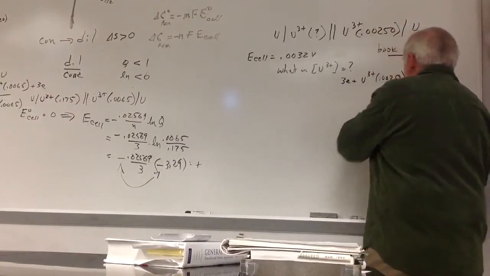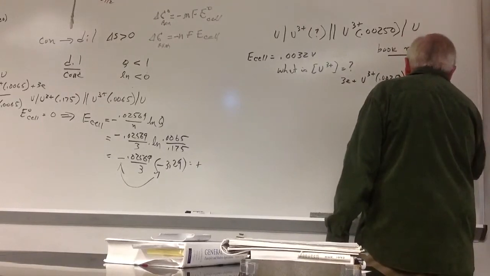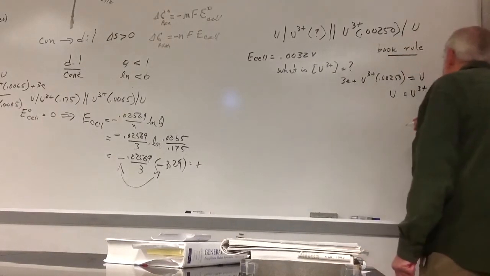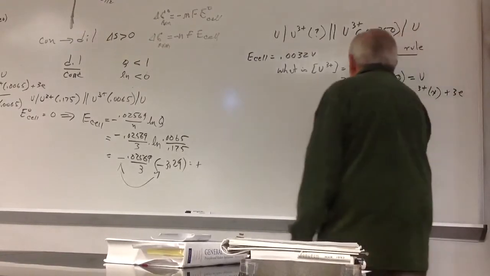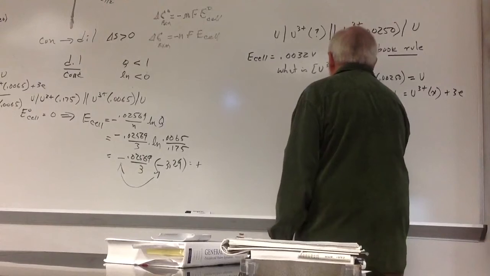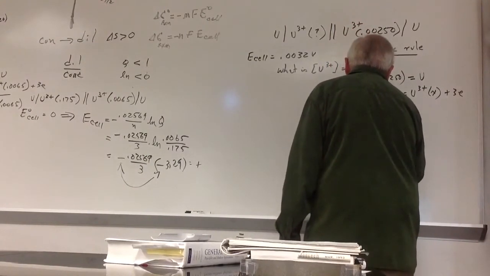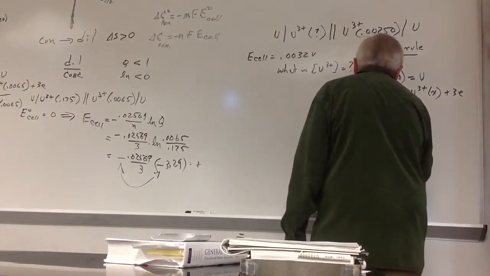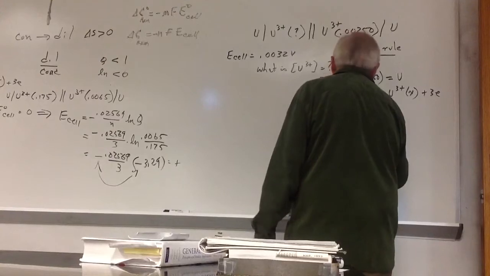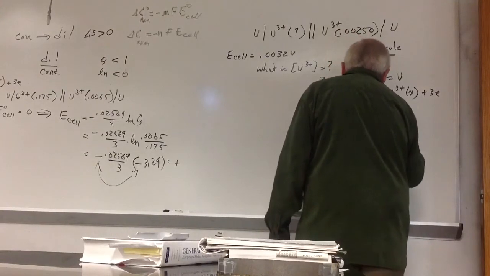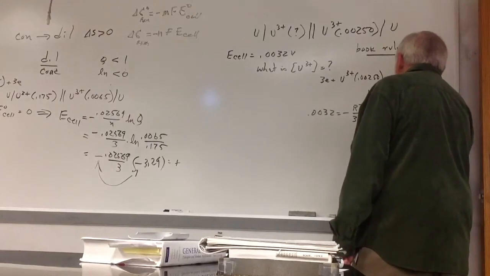My reduction. The other one is U equals U3 plus, I'll use an X instead of a question mark, plus 3 electrons. And so we're going to solve this equation here. I said it was 0.0032 minus, and we said it was a 3 electron change, Ln x over